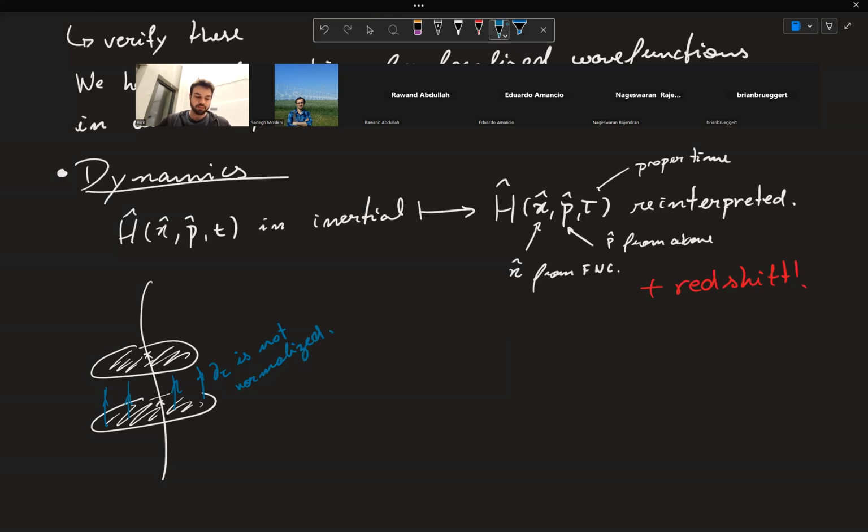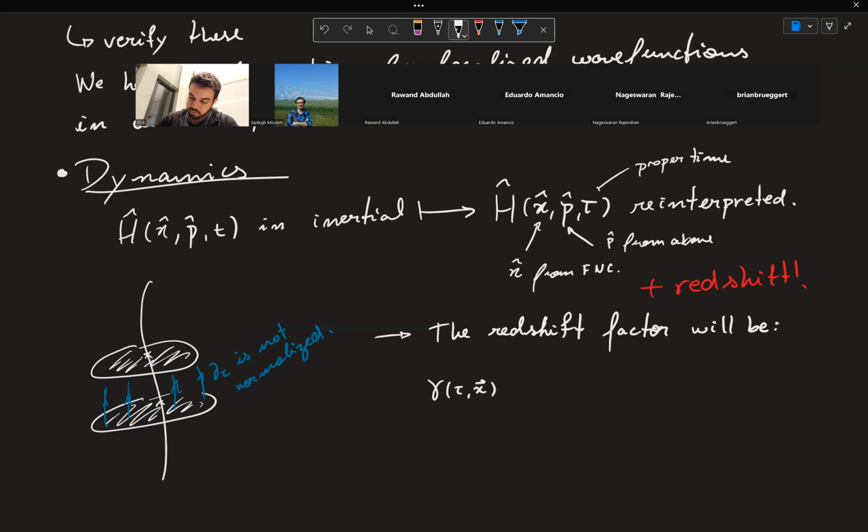Okay, so the redshift factor that you will find is due to the surfaces possibly being wiggly due to curvature, and also due to the acceleration of the trajectory, which will make them bend back and forth. So the redshift factor, when you're using the proper time of the trajectory to describe everything, will be gamma, which depends on tau and x in principle, meaning a function on spacetime, 1 divided by the norm of the tau,